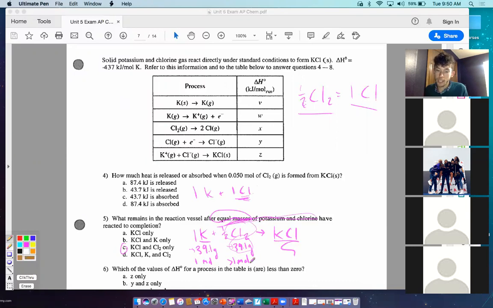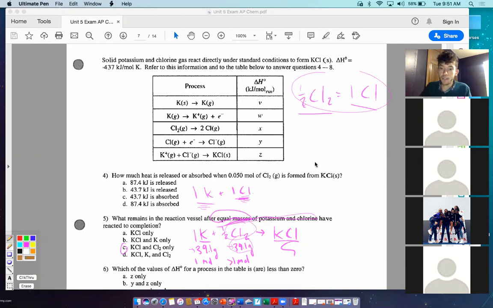So I know that chlorine has to be my excess reactant. You could have picked any mass. You could have said that maybe they both have 100 grams and you figure out how many moles you have. Really, you don't even have to pick a specific mass. All you have to realize is that in your reaction, because the reaction is balanced this way with the 1/2 right here, for every 1 mole of potassium,